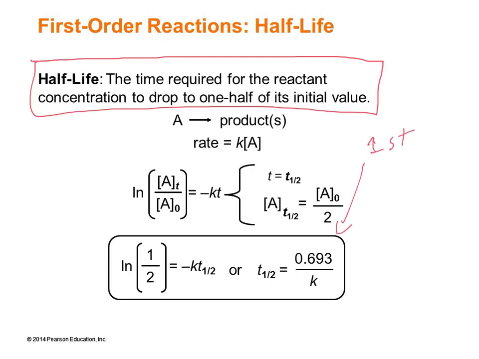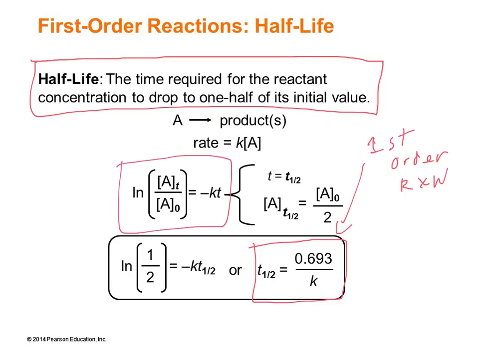only, the half-life is a constant. The half-life is constant, and the half-life of a reaction is always equal to 0.693 divided by the rate constant. And if you think about it, the proof of it's really simple. Here's our integrated first-order rate law. At the half-life, by definition,